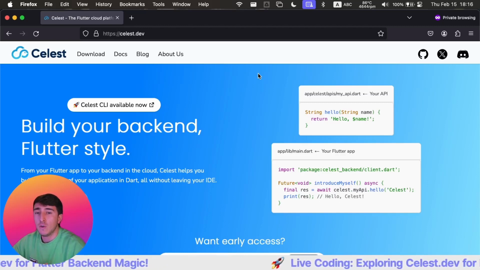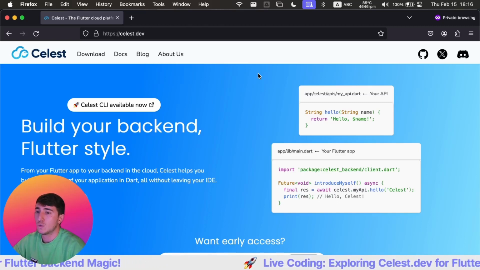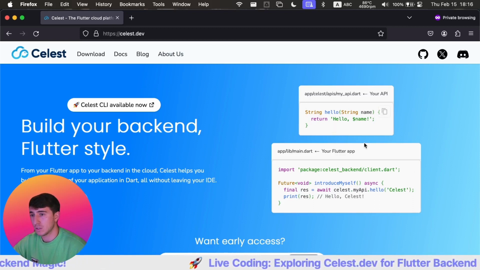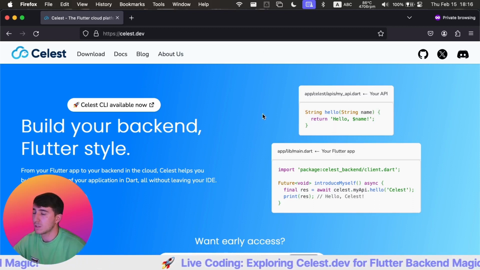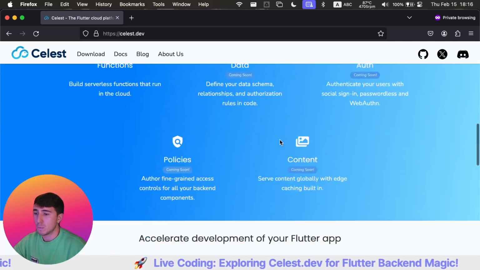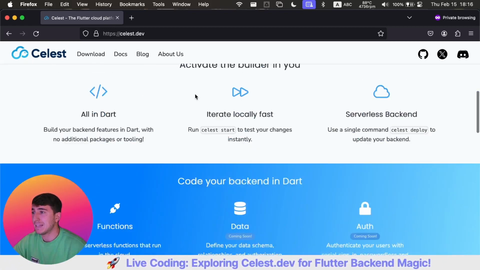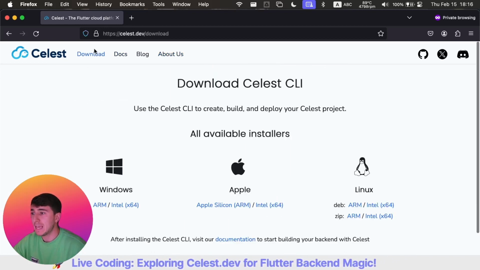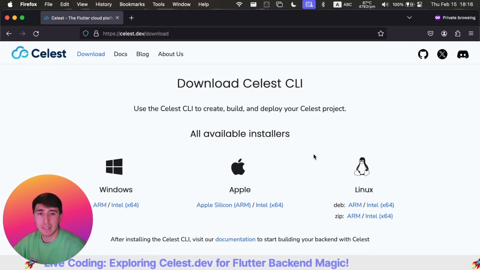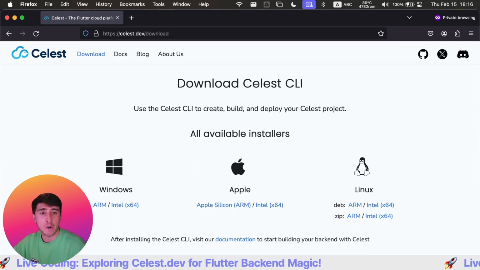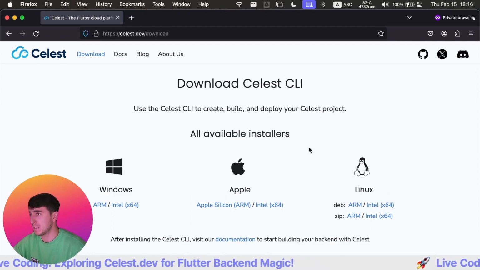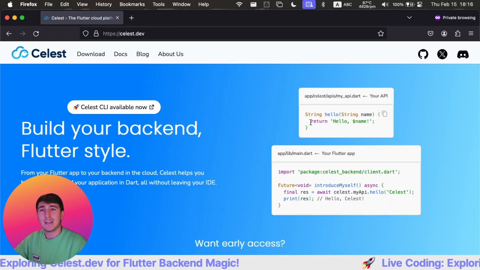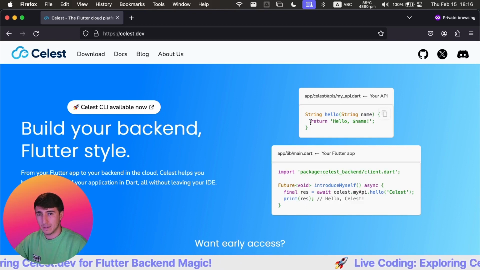Celest is a new backend runtime that supports Flutter. At the moment, it only supports Cloud Functions, exactly like Google Cloud Functions, but at some point, it's gonna support many other features and functionalities, such as authentication, storage, and all the classical things that you would expect from a backend service. The nice thing about Celest is the fact that it is based completely on Dart, meaning that